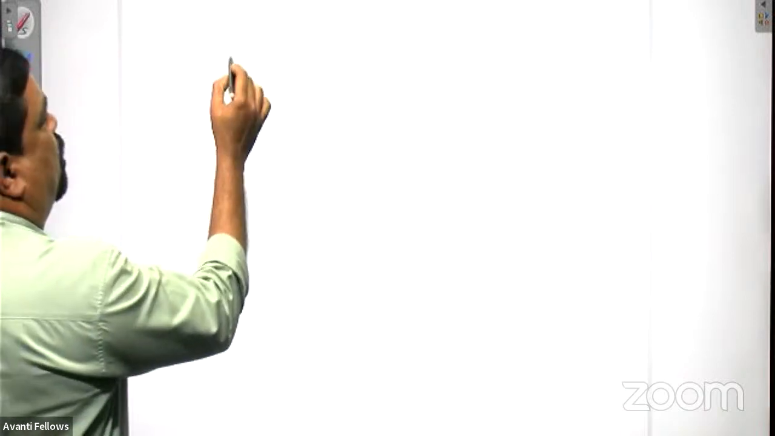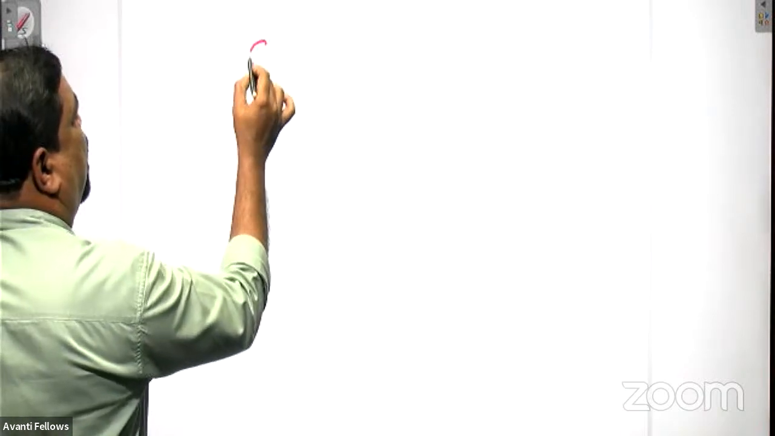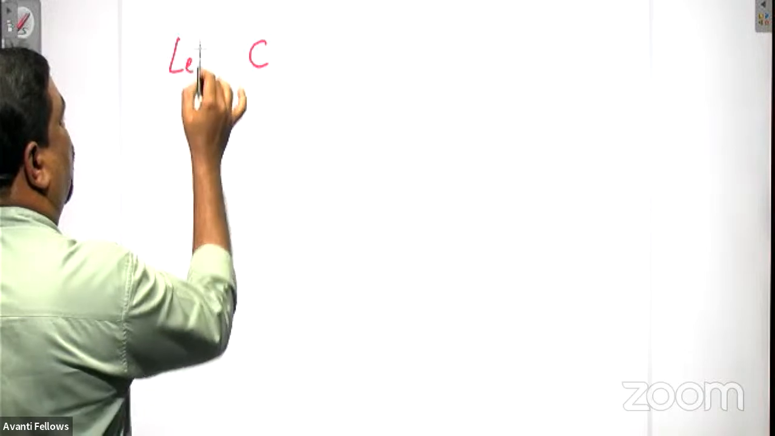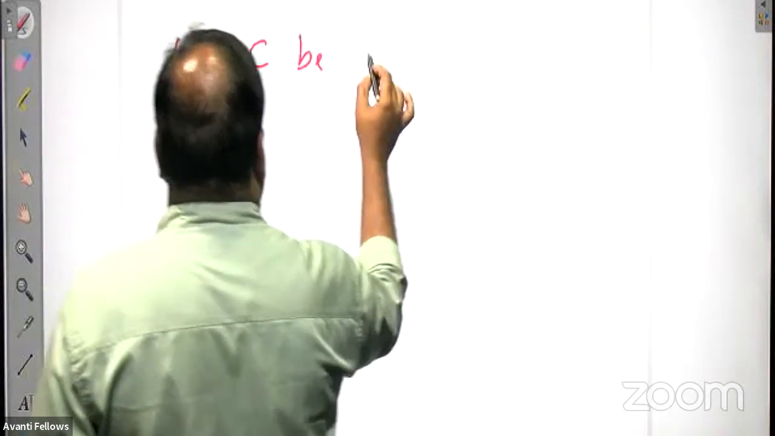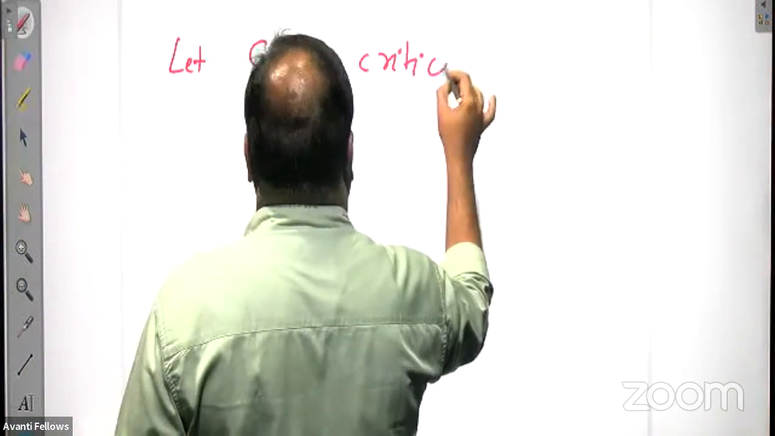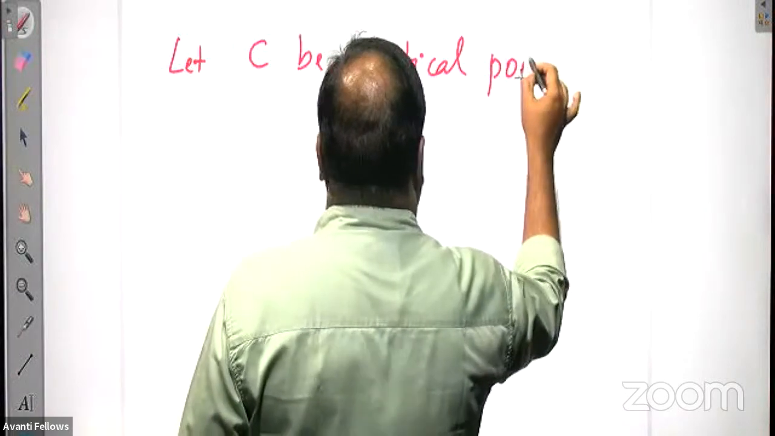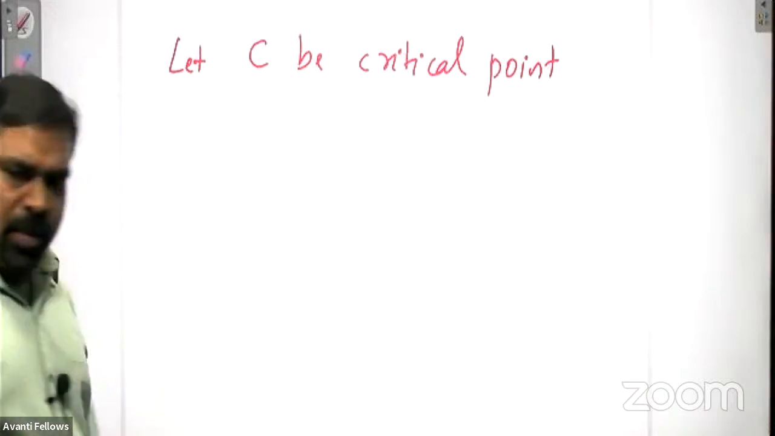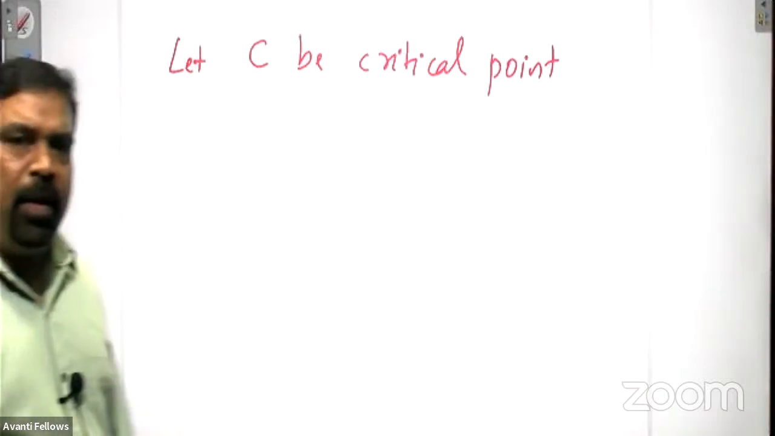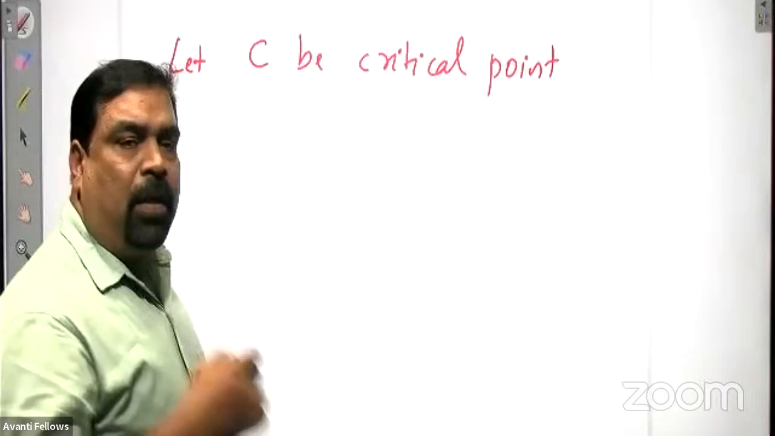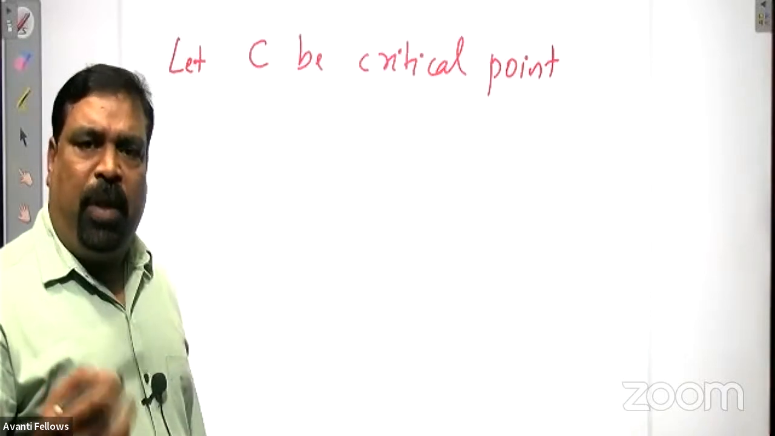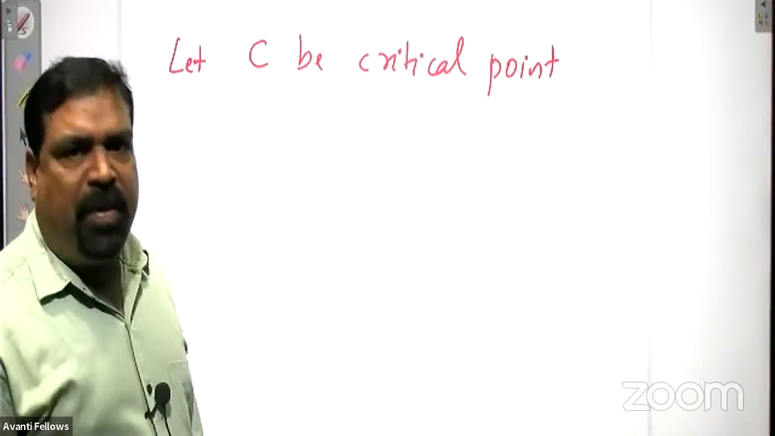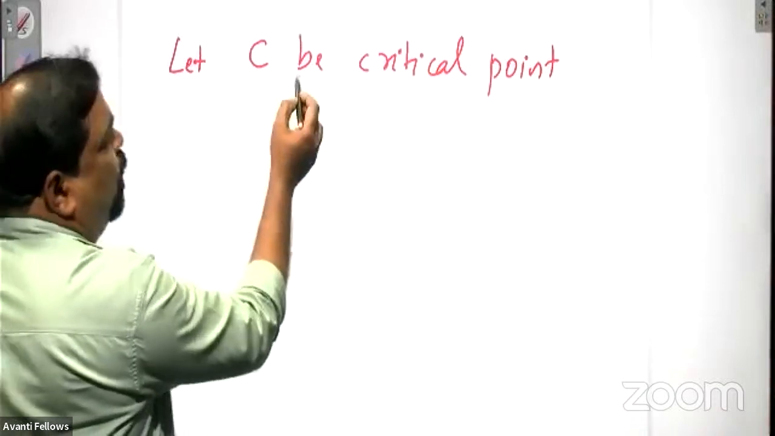So suppose c is a critical point. Critical point means where the graph turns. That's the meaning of the critical point. That means either the derivative can be 0, or it may be a point of non-differentiability also. So once you know the critical point,